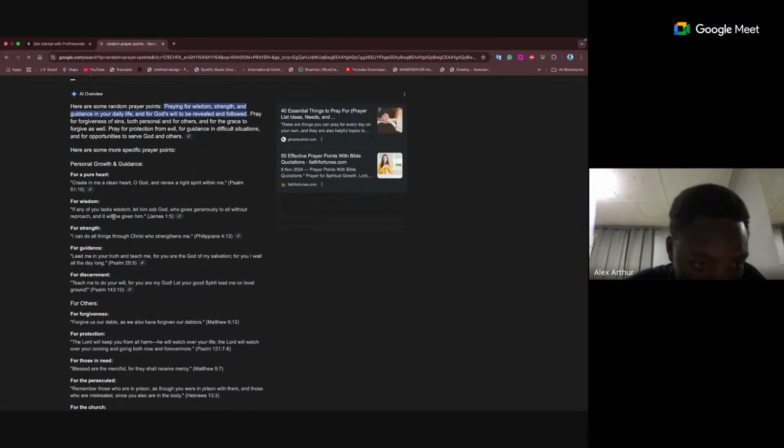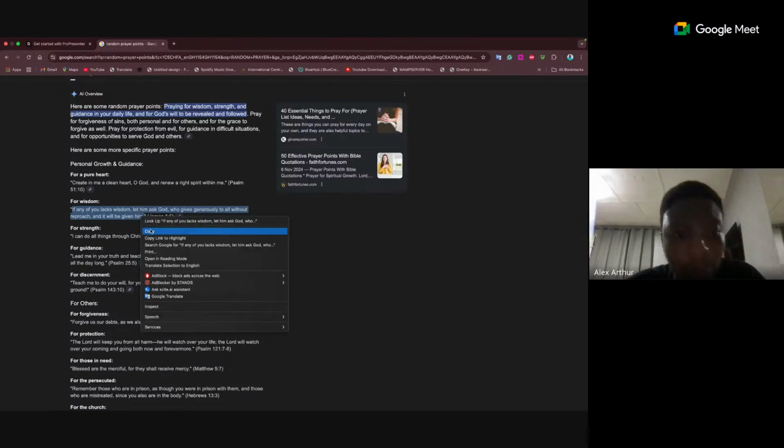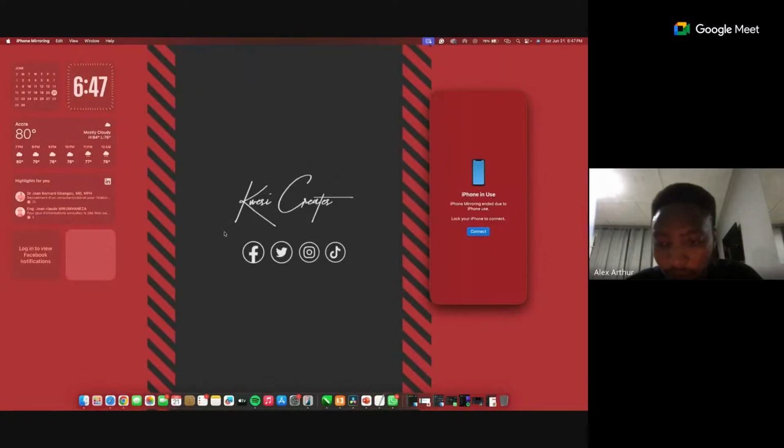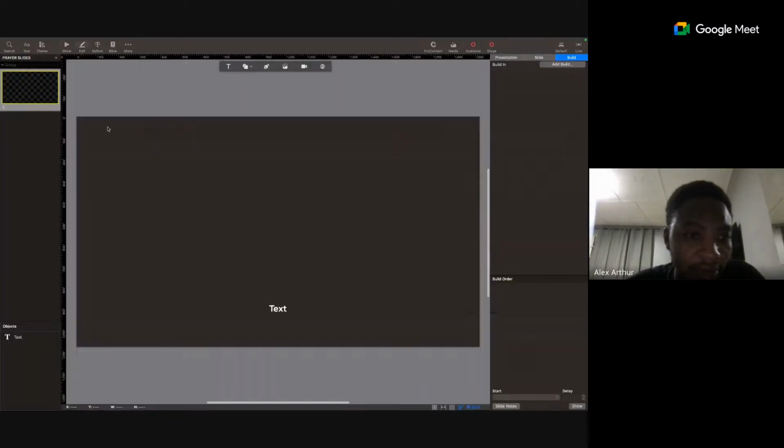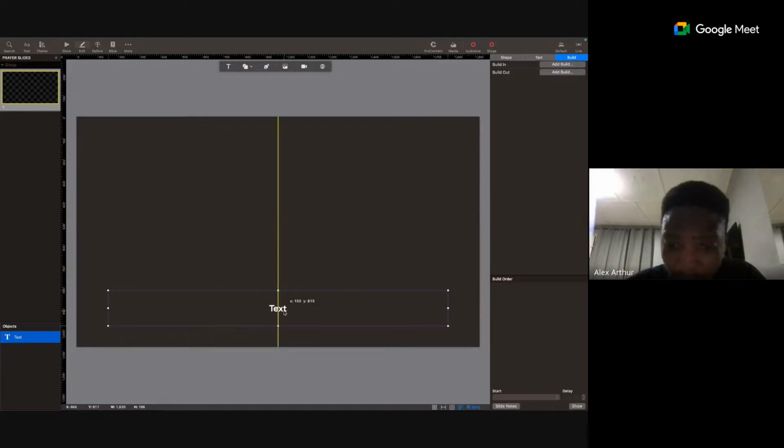Okay, so let me copy this particular one. Yeah. So the moment I copy, or the moment your pastors send their prayer point to you, I right click and edit the slide. Over here, you could see we have a text box for this particular slide. But since we used the lyrics theme as the theme for this prayer,